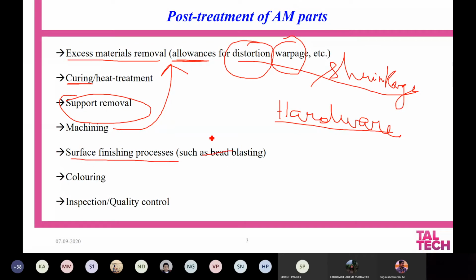Of course, it can be bead blasting or it can be sand blasting. Sand blasting or bead blasting is one of the surface finishing processes where the sand or the bead is going to hit against the surface of the material. Since it is hitting against the surface of the material, you will be able to reduce the surface roughness,